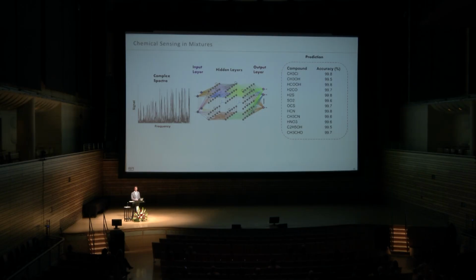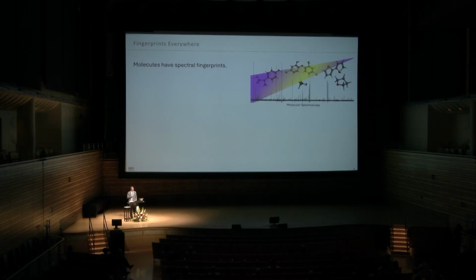And so in the past, where we would zoom in because we were limited by human and hard-coded algorithms on single features within spectra, we can now take lots of frequency content, process it automatically through AI, and learn a lot more than we were in the past. So we're able to sense molecules in the atmosphere at very, very high resolution, like parts per billion level. So I think I've tried to demonstrate here quickly how molecules can have spectral fingerprints, and we can use artificial intelligence to identify them. I want to move forward to medical diagnosis.